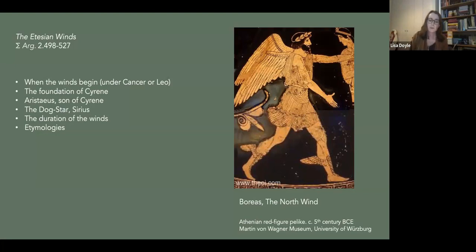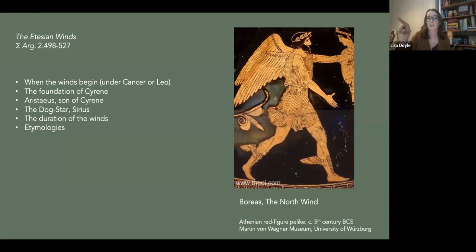to finish up. Cyrene's son Aristaeus was called on by the inhabitants of Chios because the land was being scorched by the dog star Sirius. Aristaeus set up a shrine to Zeus Ikmeos, Zeus the rainmaker, and Zeus, as a result, created the Etesian winds to cool the land for 40 days. I've given you a breakdown, generally speaking, of the discussion we're about to see in manuscript form.